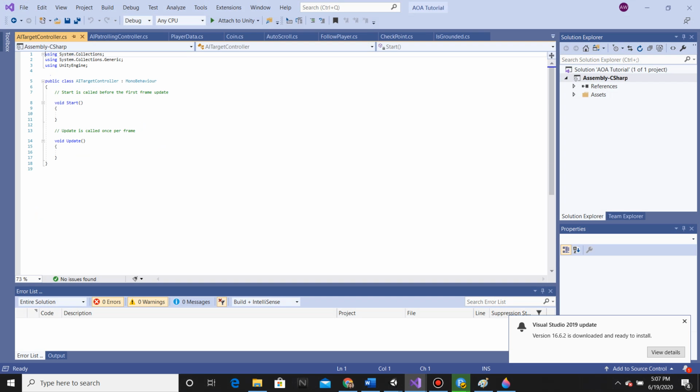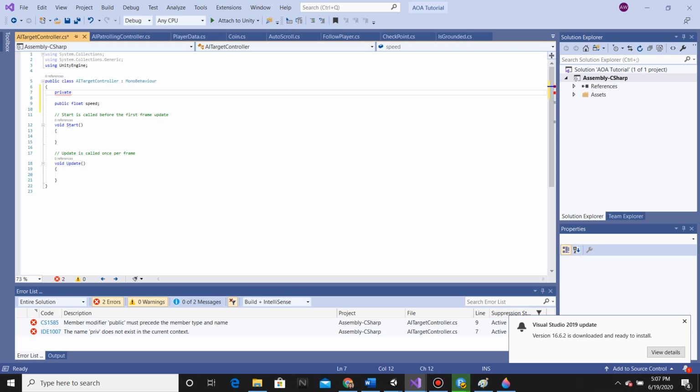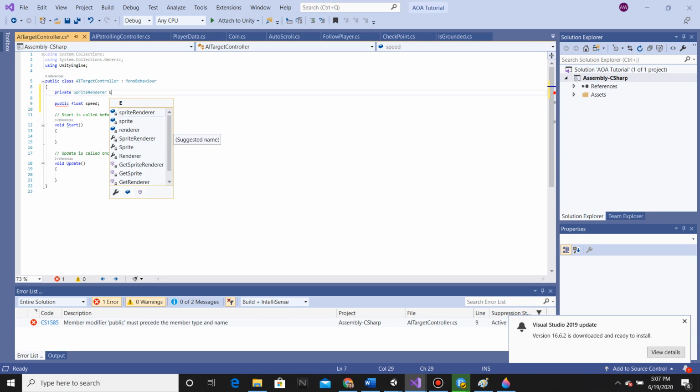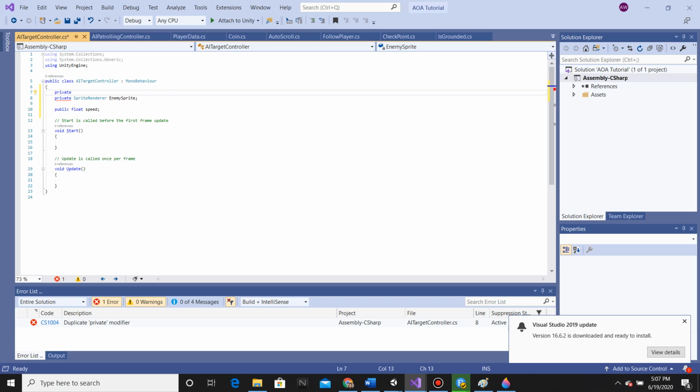So in this script I'm going to make some references. I'm going to do one to the speed, so I'm going to do public float speed. And I'm going to call this speed. I'm also going to create some private variables, so private SpriteRenderer, and I'm going to call this EnemySprite, and I'm also going to create one for the transform of the player,